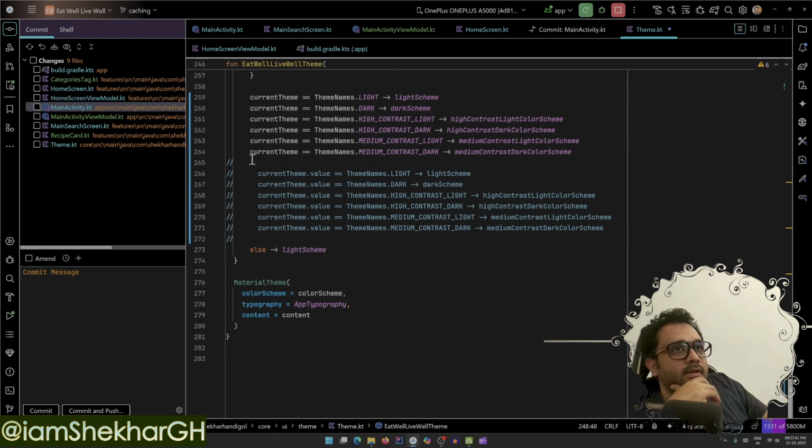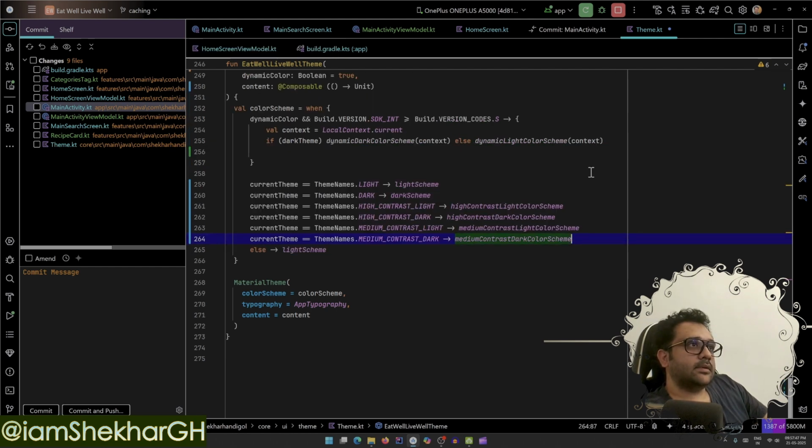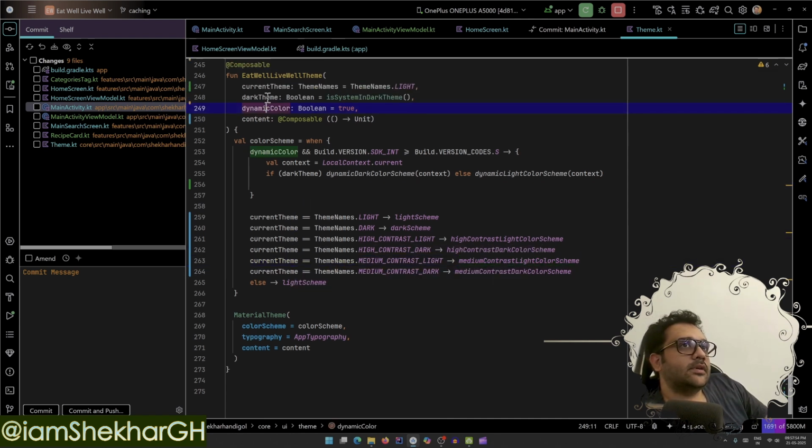I'll just get rid of this. There's one more here. When it was dark mode, dark theme, then use dark scheme, but then I already have so many items, so last resort is light scheme. Okay, anyways,